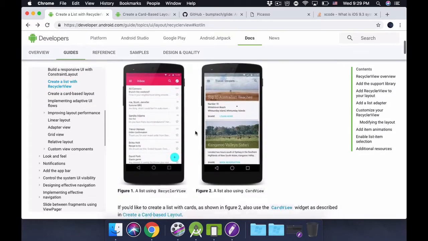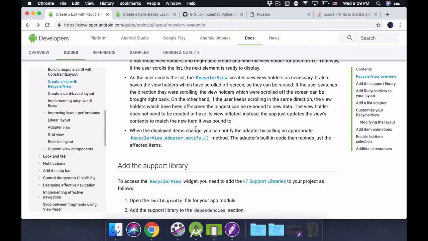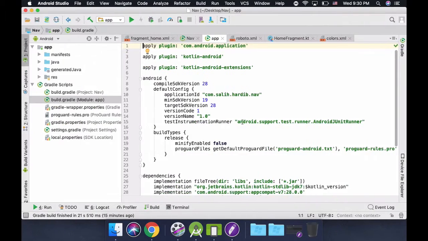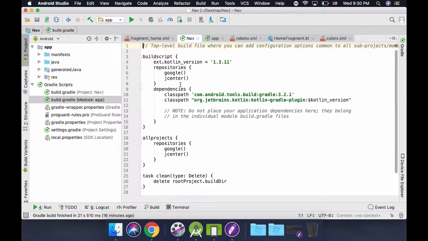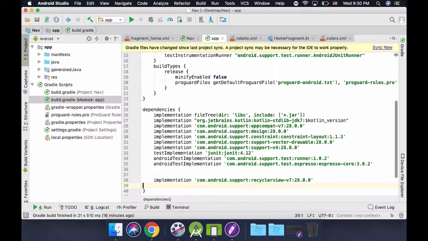So if you go and read this documentation, there is a lot of good stuff here, but I will try to explain everything in the future. Here you can see the version and dependency. All you have to do is copy this and put it in the dependencies inside your Gradle file. Okay, so we will come down and make sure to put it inside the module, not this dependency. So we will go to the app and paste it here. This is the first one,